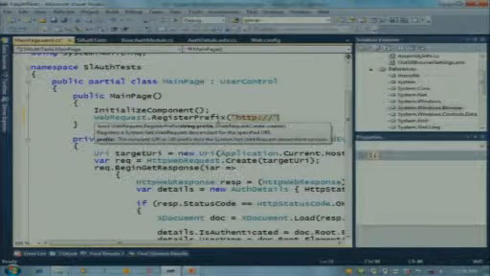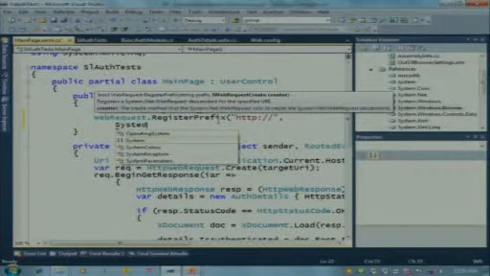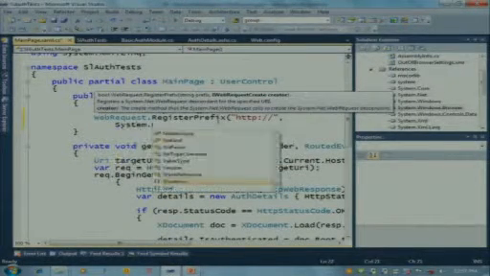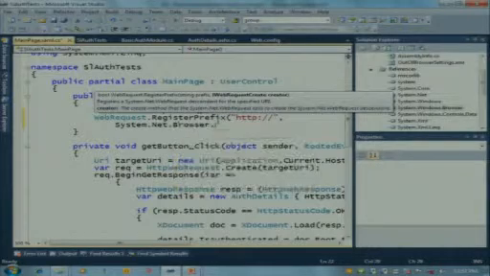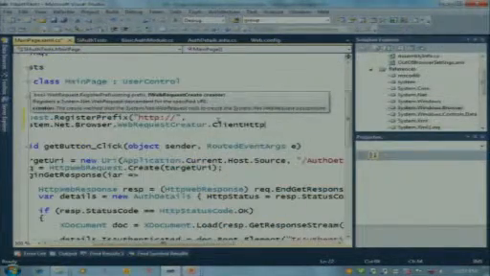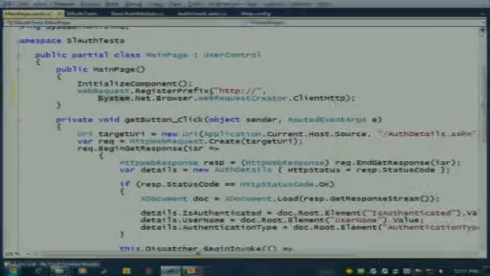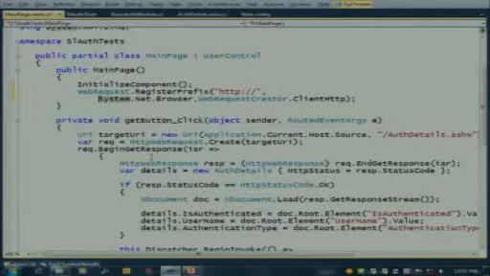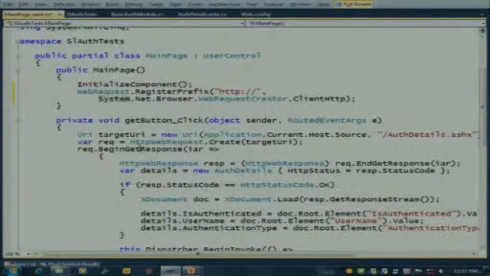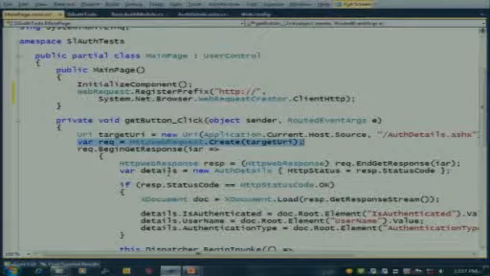You can get more narrow than that, but I'm going to handle all of them. And then I can say, for these requests, please use system.net.browser web-request-creator.client HTTP. So this says I'd like to use the client HTTP stack rather than the default browser one. Now that I've done this, down here in my code that fetches the XML data,